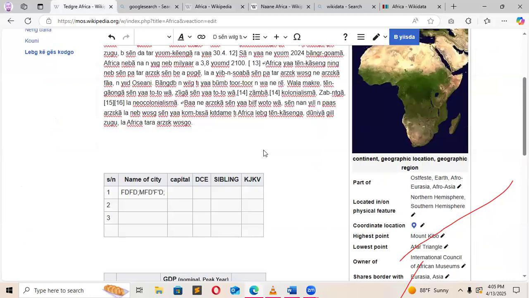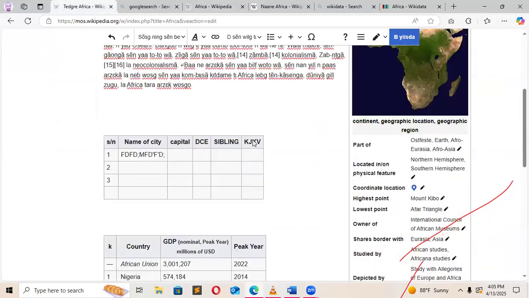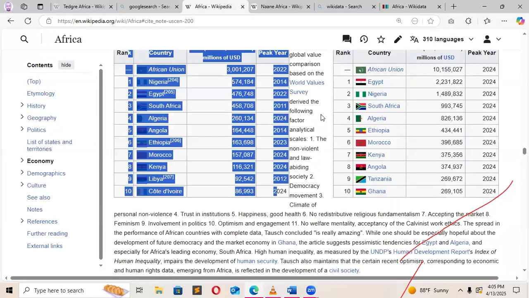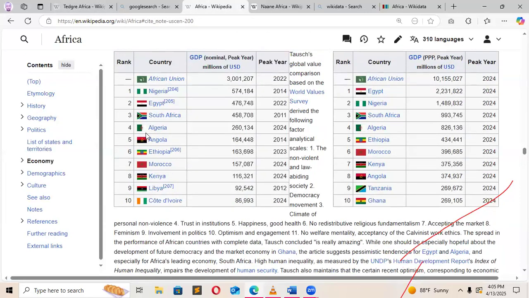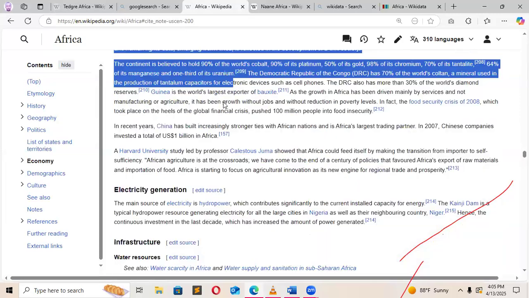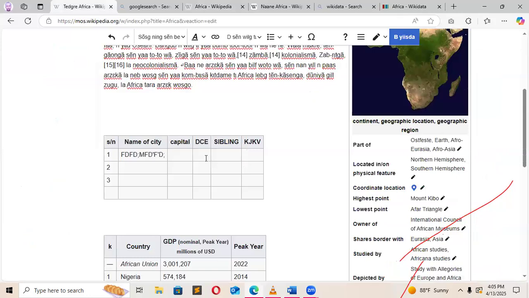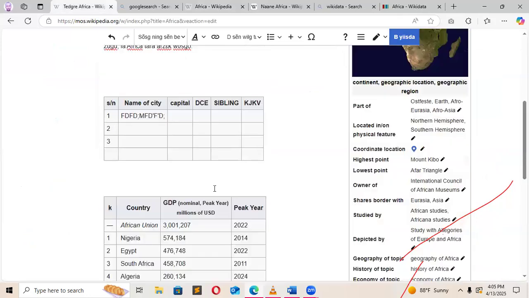So you've seen the table. You can create it manually as I did, or just go to the English article. Don't click on edit. Just copy. Highlight what you want. Go to your site. Edit and paste. And see it. So this one is copy and paste, or you can do your own creation.